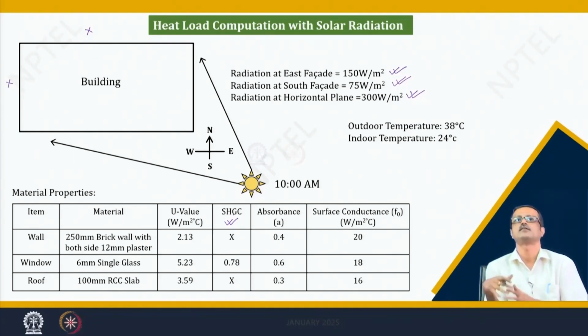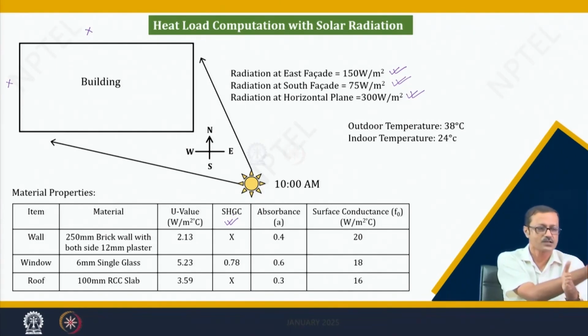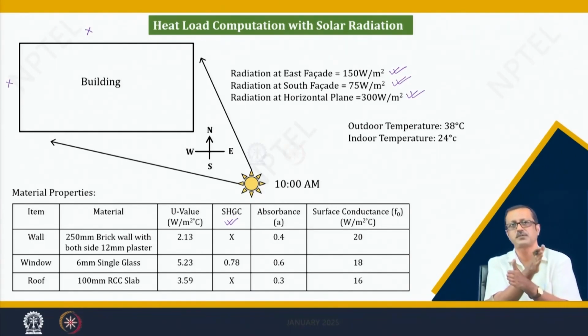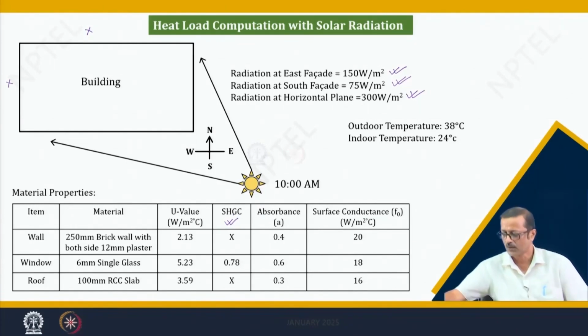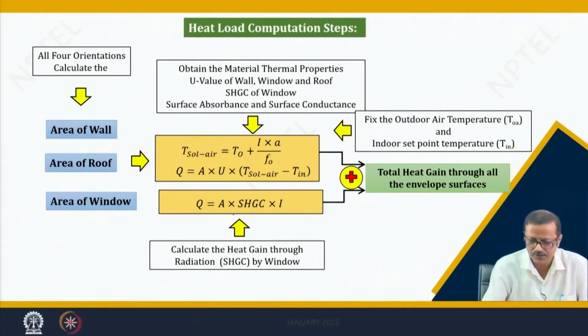From there I have to find out the solar air temperature, which is actually the temperature of the outside wall surface, and the heat conduction will take place not because of the outdoor temperature, but because of the outdoor surface temperature. So, I have to go to a new flow chart, where I first compute the solar air temperature